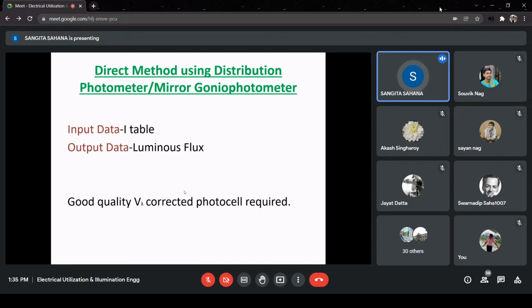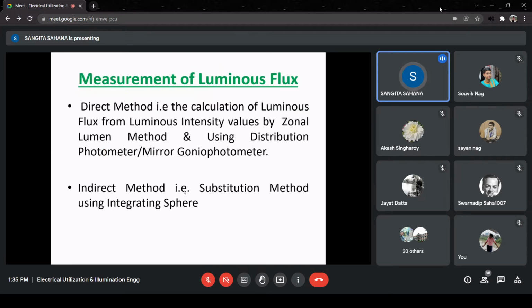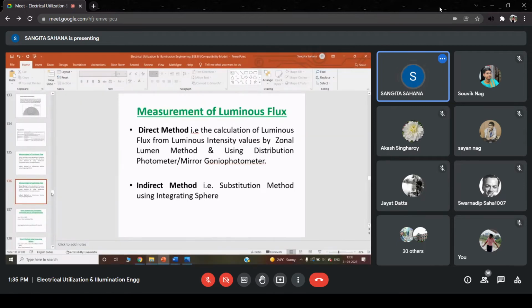So there are two methods of measuring the luminous flux. One is the direct method, another is the indirect method. So what is the direct method? Here we calculate luminous flux from luminous intensity, using a goniophotometer. Like if you see this,